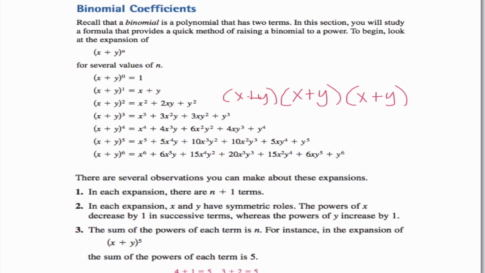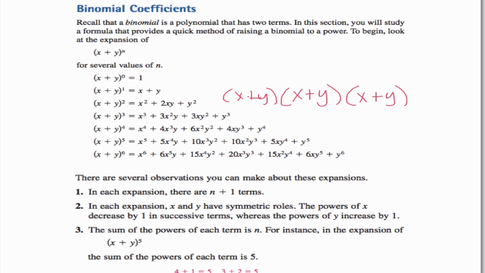Okay, in each expansion there are n plus 1 terms. So what that means is if my exponent is 2, I have 3 terms. If my exponent is 5, I have 6 terms. So we always have one more term than the power. In each expansion, x and y have symmetric roles. Okay, if we notice x, the powers of x decrease by 1, so it's like x to the 6th, x to the 5th, 4th, 3rd, 2nd, 1, and then x to the 0 means it's just 1, so it goes away. And the powers of y increase, so y to the 0, y to the 1st, 2nd, 3rd, 4th, 5th,